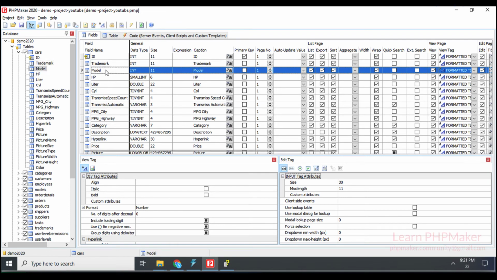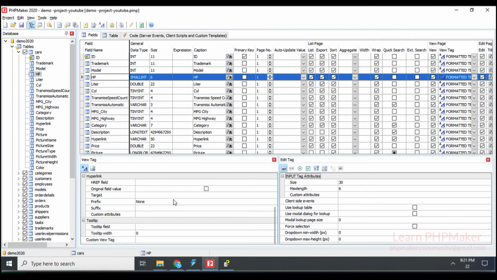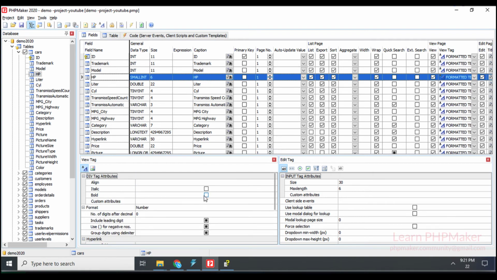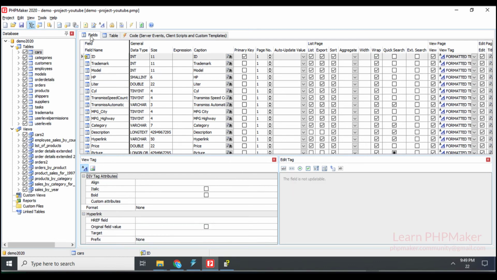We can configure them depending on the data type. PHP Maker shows different view tags and edit tags. Also, you can configure them by visiting this section. There are different kinds of configuration. We are going to check all of them in detail in further videos.